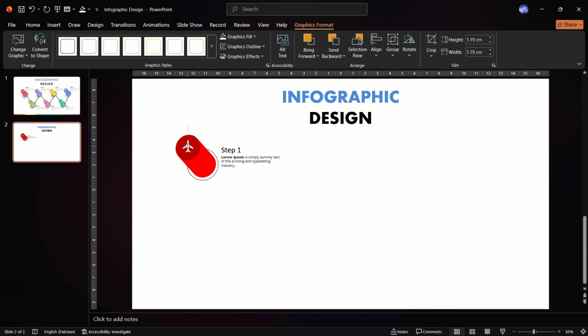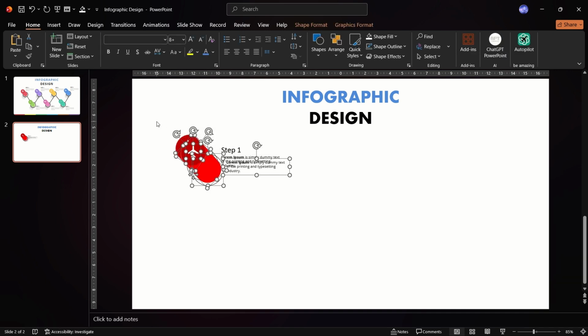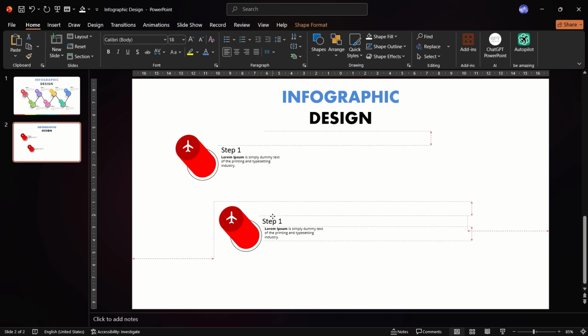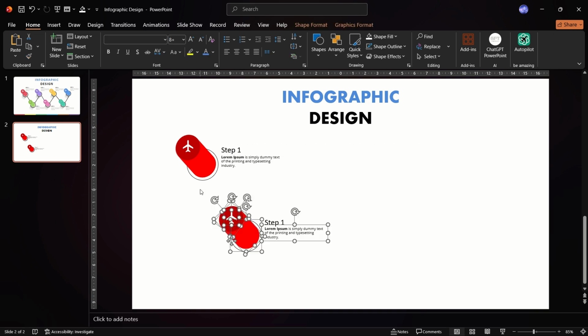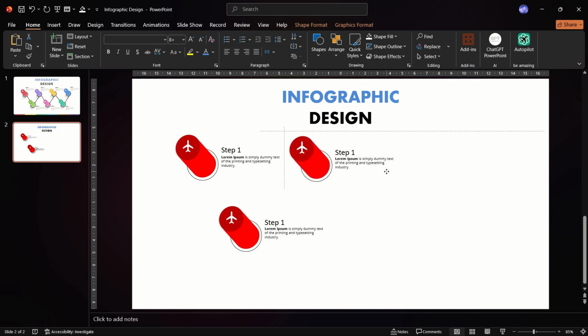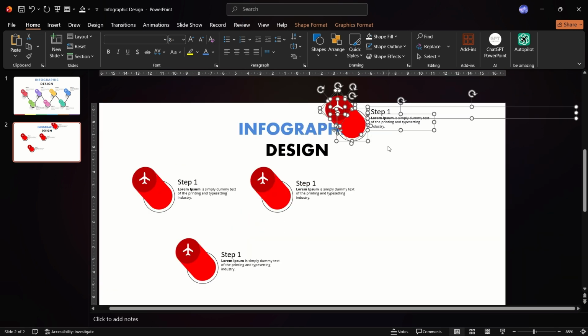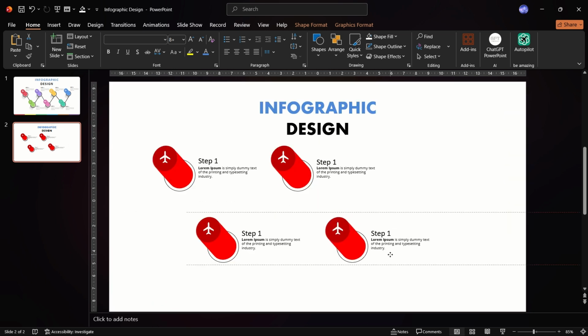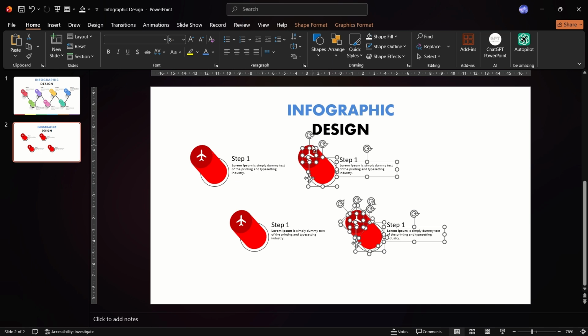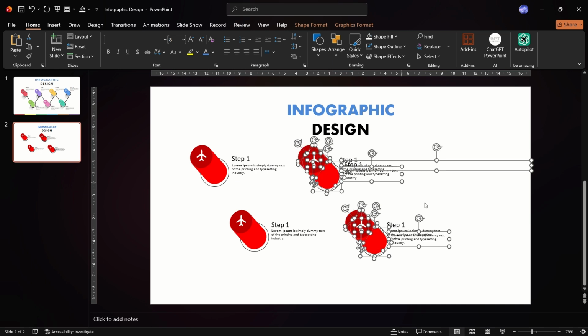And I'm gonna change this color to white, and the next step we have to do is select everything, and we're just gonna give it a duplicate. So what we're gonna do is click on Control D key. We're gonna make duplicate copies of it. The copy number I'm gonna use is about 6. So what I'm gonna do is just duplicate it about 6 times,